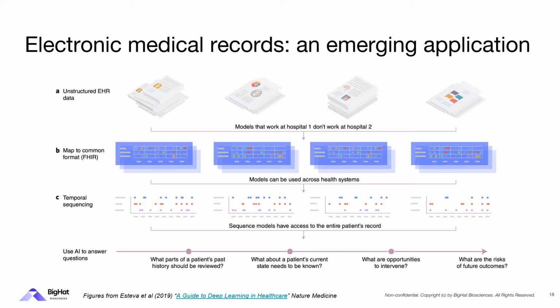And if you can do a good job at predicting from those outcomes, what is likely to happen in the future. For instance, what's the chance that they'll be readmitted if we discharge them today? What's the chance that they'll have a heart attack in the next 5 years? This allows you to answer higher level questions that are extremely valuable and important and honestly quite difficult